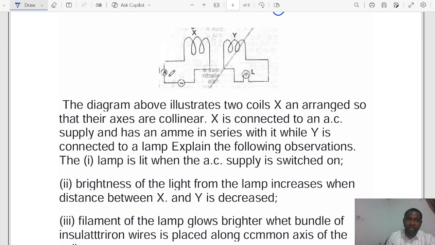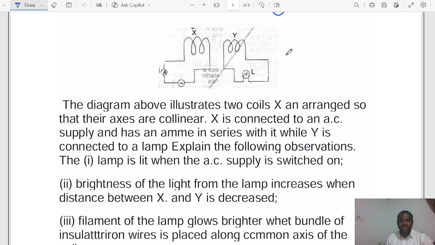Yeah, that is quite easy. When the AC supply is switched on, alternating current means that the direction of the current keeps changing. That change in direction of current changes magnetic flux, and change in magnetic flux induces EMF on the other coil. And so the EMF induced in this coil means that current can now flow through the second coil, lighting the lamp. So don't forget that AC current causes a change in magnetic flux, because change in current causes a change in magnetic flux, and change in magnetic flux induces EMF on the other coil,